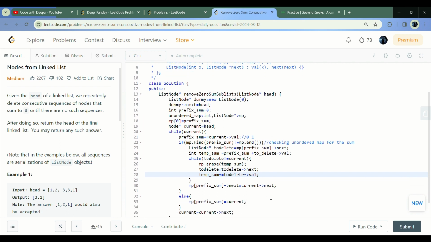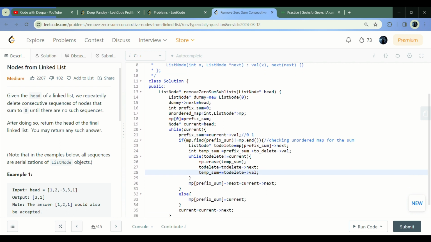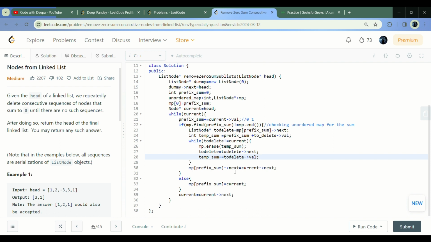So inside this we are deleting the current node, and we are just removing the link between them so that the nodes which having the sum equals to 0 gets removed. And at last what I will do is I will just return my head from my linked list, or I will return dummy next. Okay,